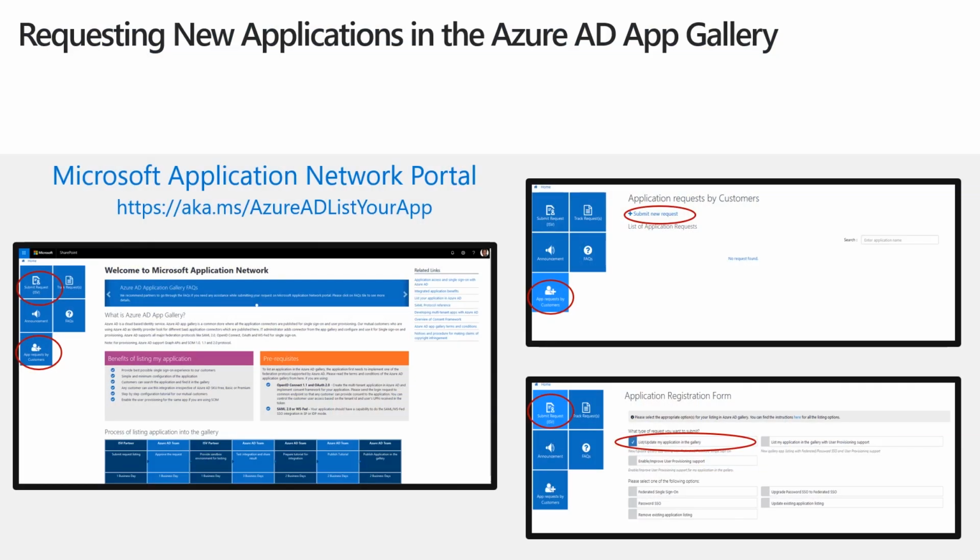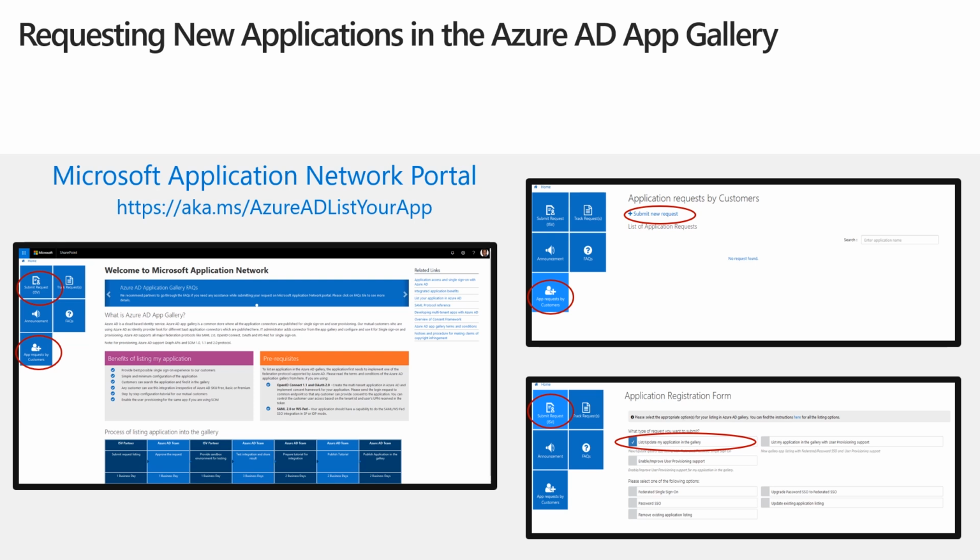If you are an ISV or a partner who already owns a SaaS application, then you can directly come and submit a request to us. The portal looks something like this, and we call it the Microsoft Application Network portal, where on the right side of this picture you can see a tile for app requests by customers. You click on that and you can submit a new request.